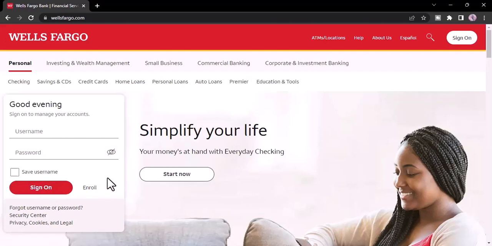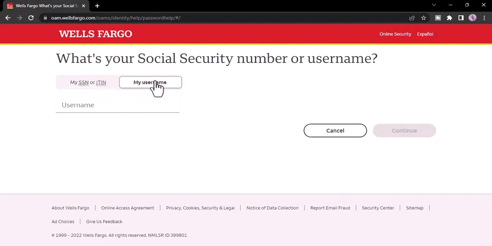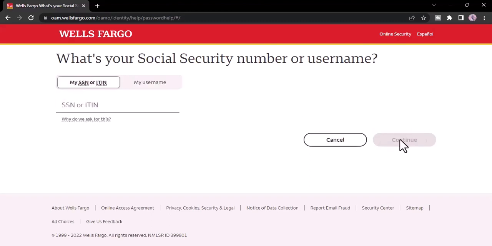But in any case, if you forgot either your username or your password or both, what you can do to reset that is simply click on the option forgot username or password. In order to reset them, you can simply enter your social security number or your ITIN. And if you forgot your password, you can also use your username. And once you follow all the steps provided to you, you'll be successfully able to reset your username or password,